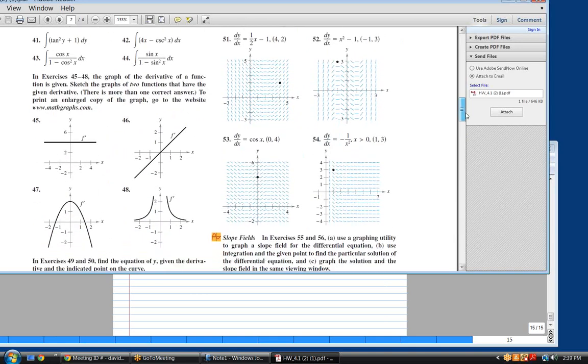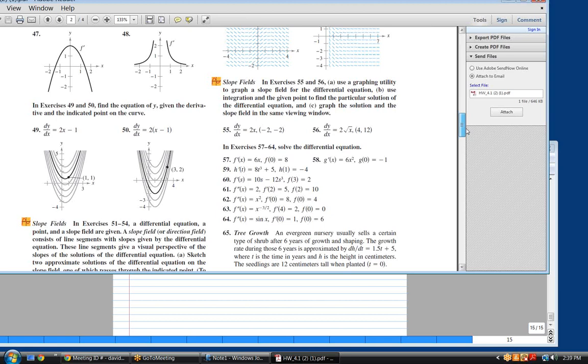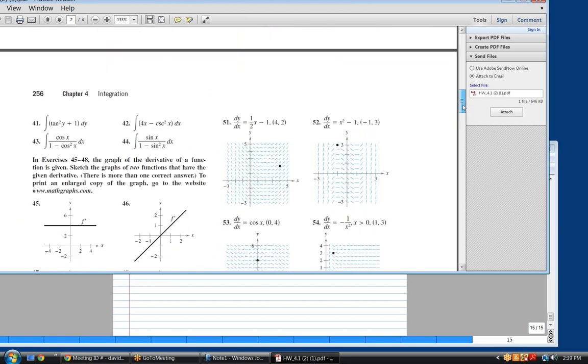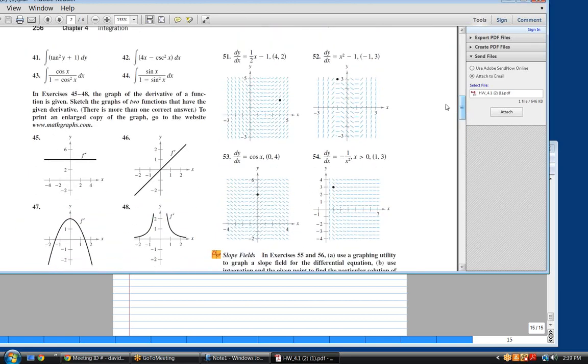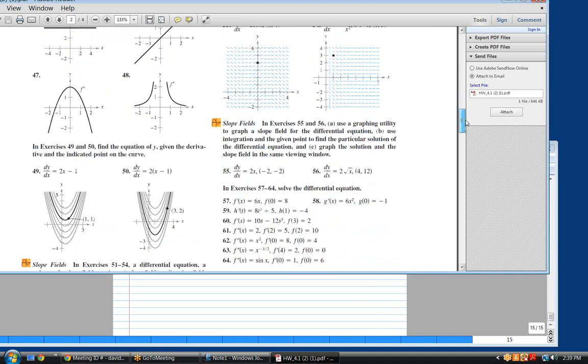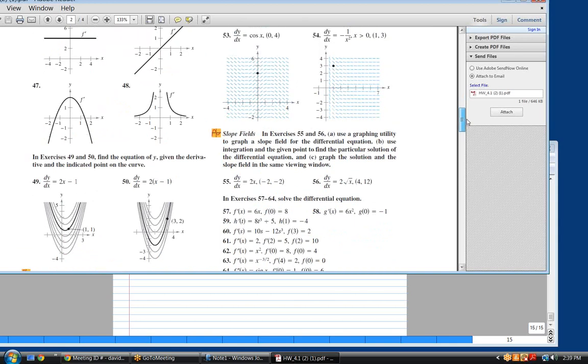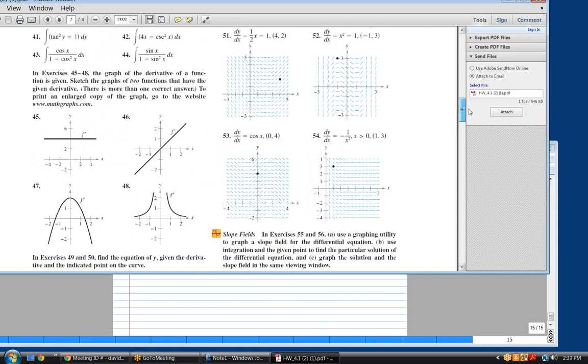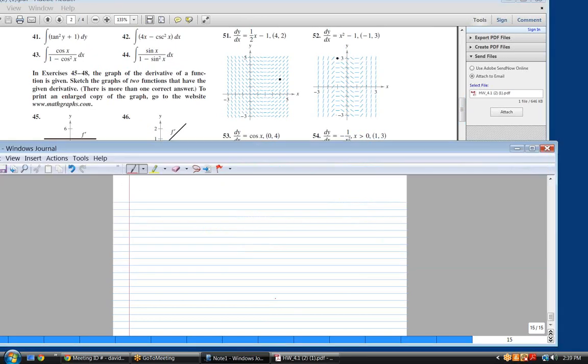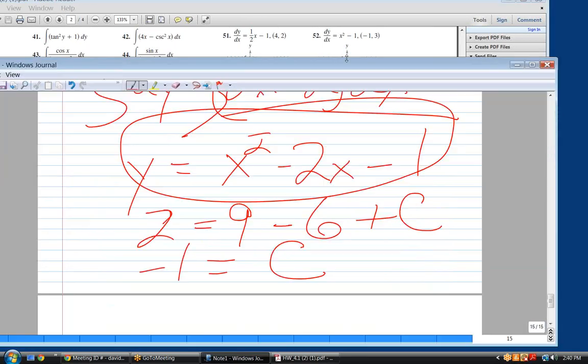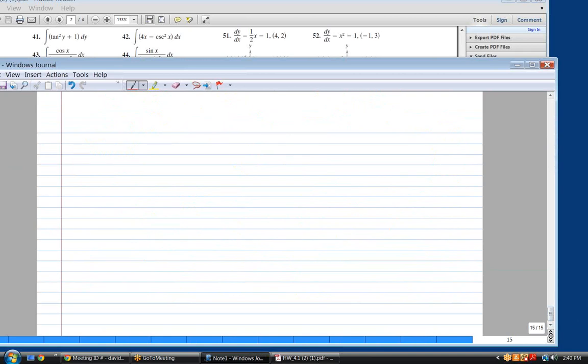Okay, so 51 really is the same as 49 and 50. They give us a differential equation and they give us an initial condition. It's exactly the same as 49 and 50. It's just the slope fields look a little different, because this is the way it'll look on your calculator if you actually go to do a slope field on your calculator. So then, for 51,